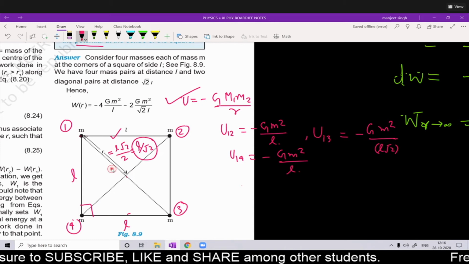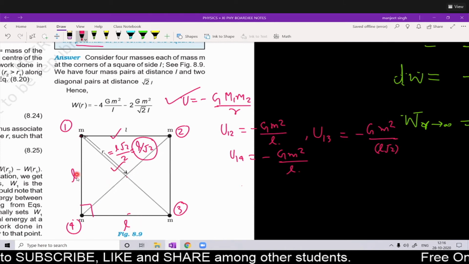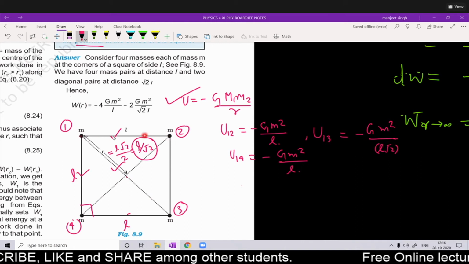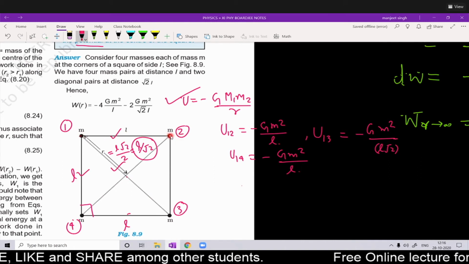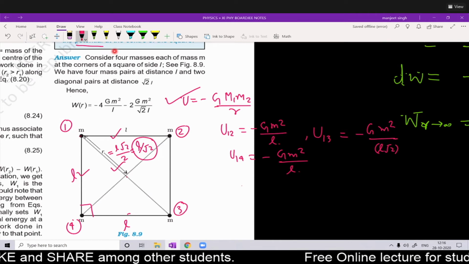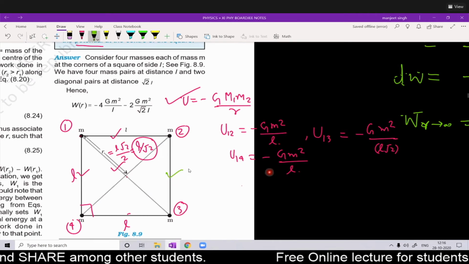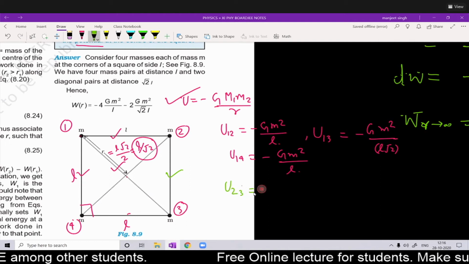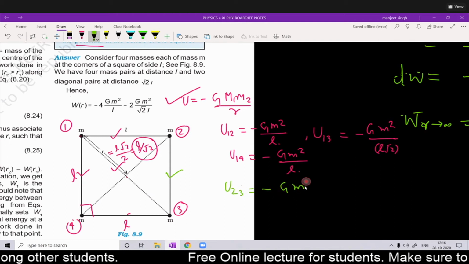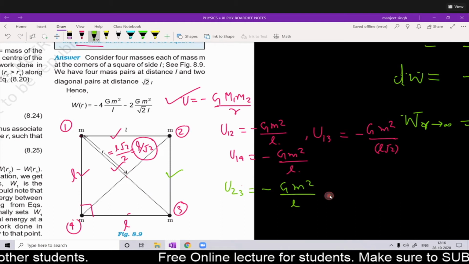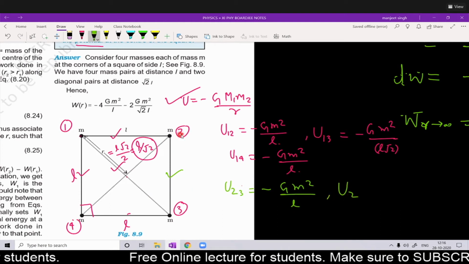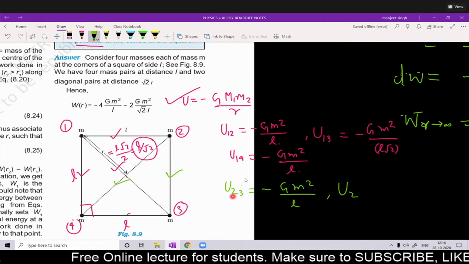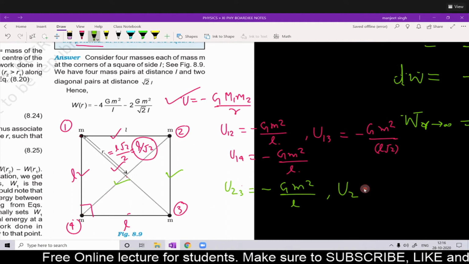पेयर हो गया, ये पेयर हो गया, और ये पेयर हो गया। अब 2 से पेयर बनाना चालू करते हैं। 2 से 1 का बन चुका है, इट शुड नॉट बी रिपीटेड। 2 से 3 का पेयर बनाना पड़ेगा। तो हम लिखेंगे U23, माइनस जी एम स्क्वायर अपॉन L। अब 2 से और किसका बनेगा, U24 बनेगा, ये वाला। ओके, ये वाली लेंथ लेनी पड़ेगी उसमें। ये वाला पेयर क्या आएगा,